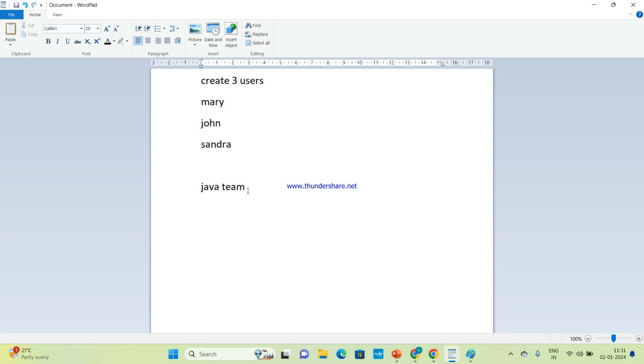Create a group Java team and for Java team you need to give access of EC2 full access and S3 full access, 2 policies. So it will automatically be applied to the users. So what you need to do now? You need to create 3 users. You need to create the group named Java team. For Java team, you need to apply 2 policies, EC2 full access and S3 full access. And you need to